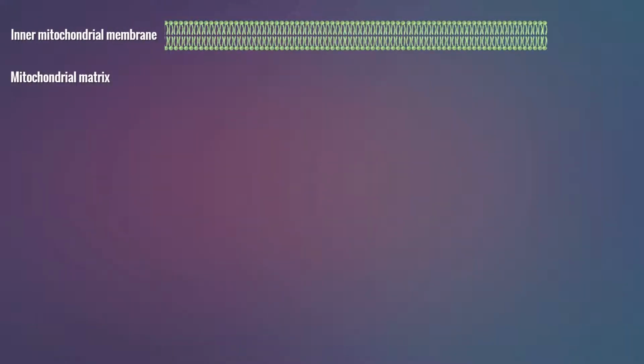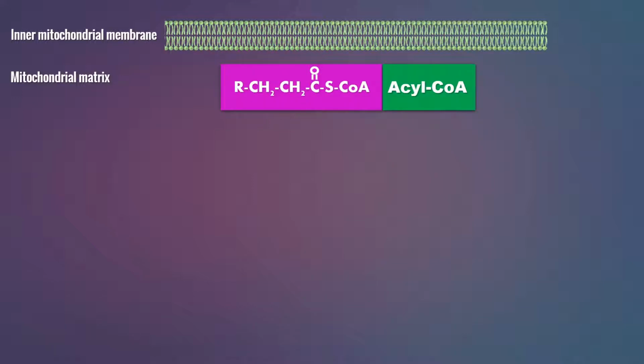So far we have learnt that beta oxidation takes place in mitochondrial matrix. So now we have activated fatty acid, that is acyl-CoA, in mitochondrial matrix. So this is a fatty acid where this CH2 or hydrocarbon side chain will continue. So I have mentioned here R, that means it has got many hydrocarbon side chains. So this fatty acid oxidation I am going to explain for saturated and even number fatty acid. For odd number fatty acid and unsaturated fatty acid oxidation, that is a different story. I am going to make separate videos.